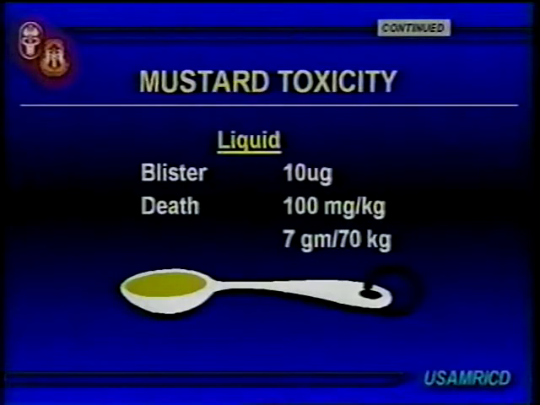So, anyway, 7 grams of mustard is a liquid LD50. Now, a teaspoon is like 5 cc's. A gram is equal roughly to a cc. So a teaspoon to a teaspoon and a half of mustard is an LD50, okay? Now, as a dermatologist, I would tell you that if you had suntan lotion or oil and you took a teaspoon or teaspoon and a half, you could cover one whole arm and your shoulder front and back, and that's about 20% of your body surface area.